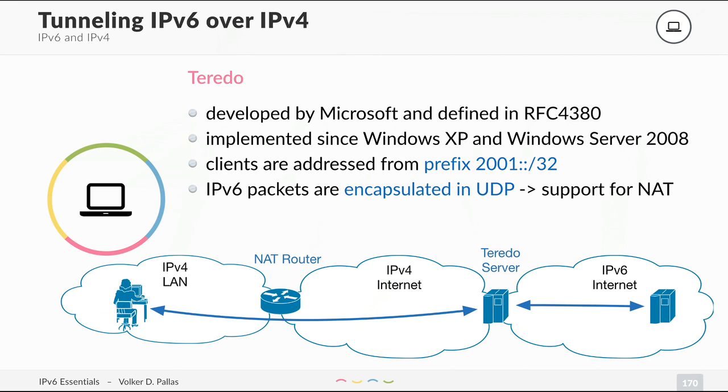Clients are always addressed from prefix 2001::/32. With Teredo, the IPv6 packets are encapsulated into UDP, so there is full NAT support, not a problem. The Teredo server used to be run by Microsoft, and if you have a client starting from Windows XP or Windows Server 2008, then this client would start an automatic tunnel to this Teredo server, which has a fixed IP address that is known to the operating system, and this tunnel is within UDP,